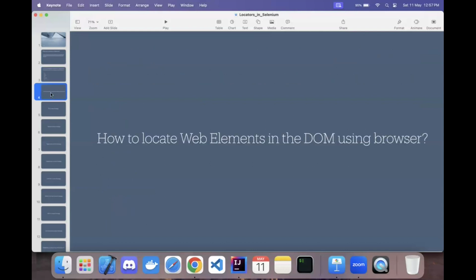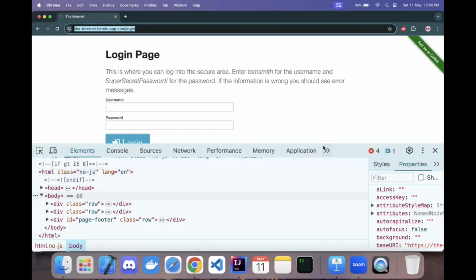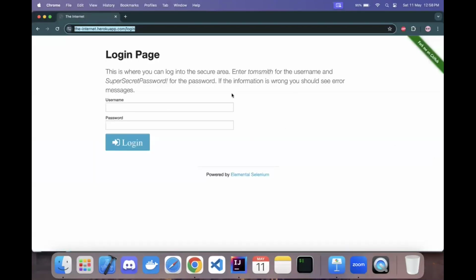Now, before we begin to deep dive and get a detailed insight of all of these locator strategies, let's first understand how to locate web elements in the DOM using a browser. The first and the most important thing is to know the usage of developer tools window in the browser. So I'll be using the Chrome browser, and this is the demo website that I'll be using for testing in almost all of the scenarios while locating the elements on the web page using the different locator strategies